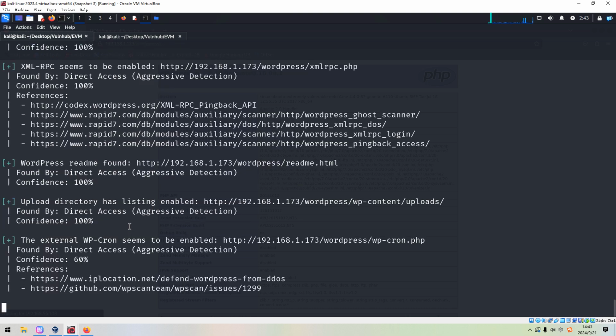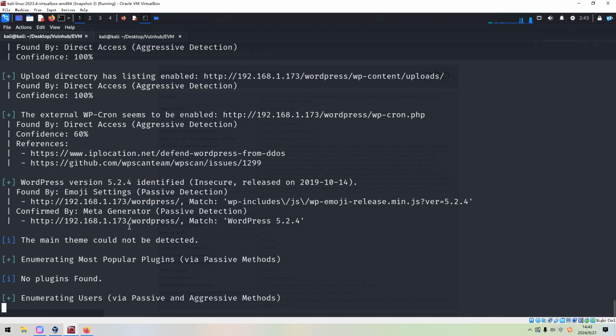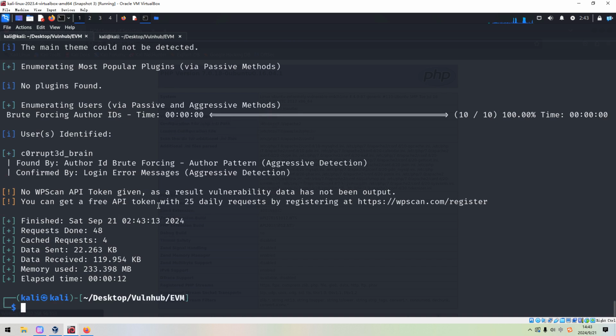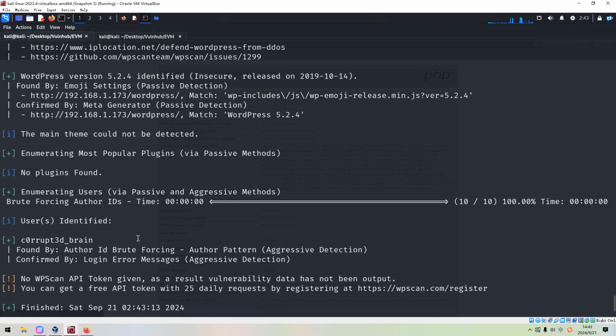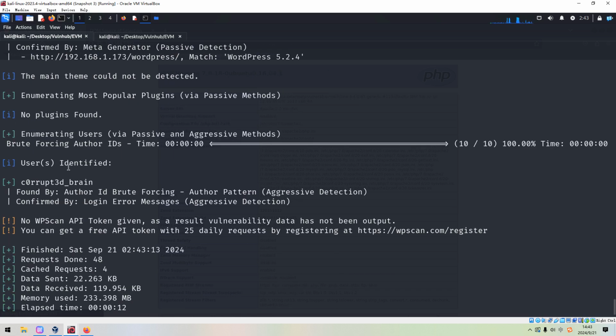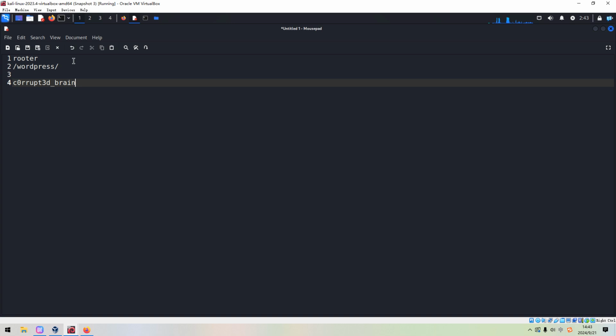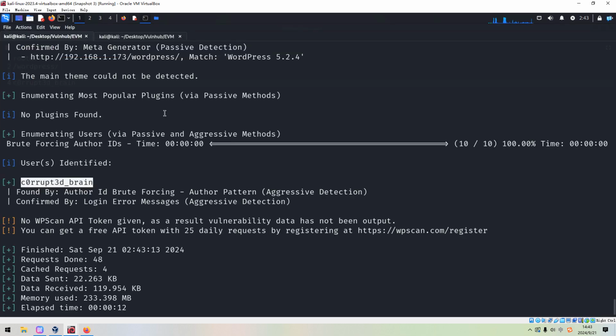Although the WordPress site cannot be loaded, this will not affect the execution of this utility. As you can see, the user has been identified successfully. We can copy this username and paste it to our notebook. And next, as the target is running the WordPress CMS, we just make use of the standard methodology to do further enumeration.